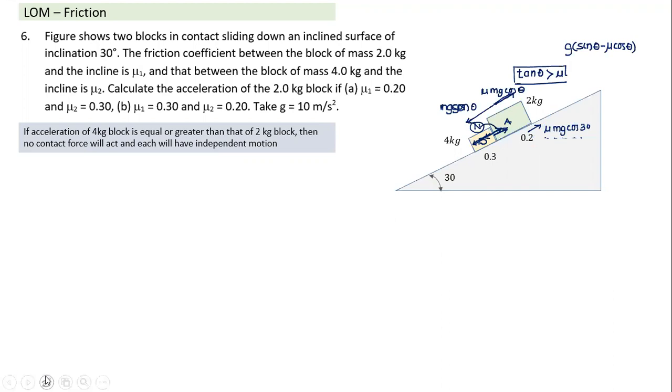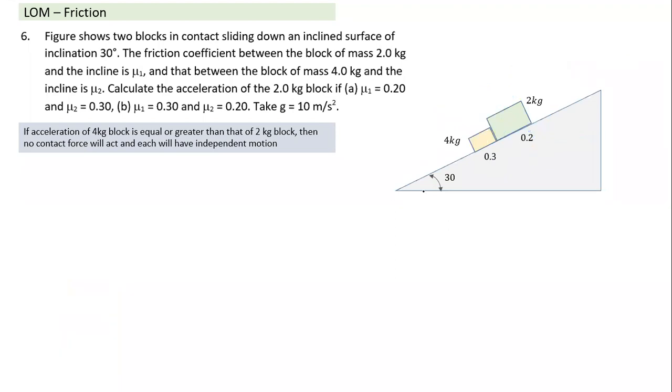Now let's come and solve this question. We had a general discussion about what happens when they are in contact. When they are moving on this, friction force will act. On this also friction force will act. And since this has a larger acceleration, contact force also will act. Because of the presence of contact forces, both will move together as one block. Since they are moving together as one block, can I take the whole thing as a system and calculate the common acceleration? If they are in contact, it basically means they have the same acceleration. So I can take the A and B blocks together and solve. Yes, we can do so.